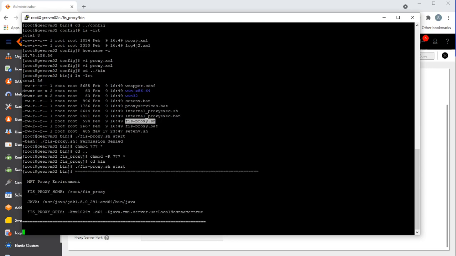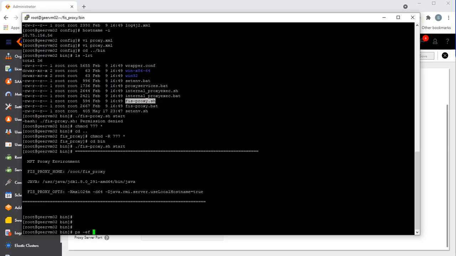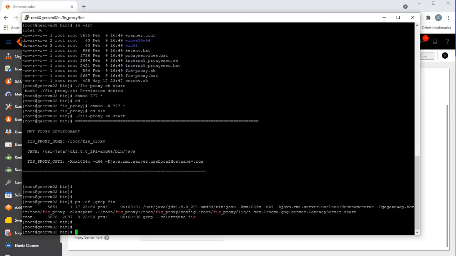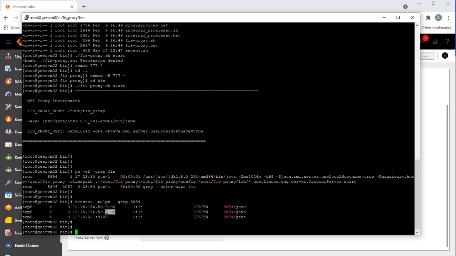Okay, so I have started the proxy. Once we have started the proxy, we can check if there is a process running. Yeah, so for this process, let's see what ports it is listening to, and if it is listening to the proxy port. Yeah, it is listening to the proxy port, which is 9102.